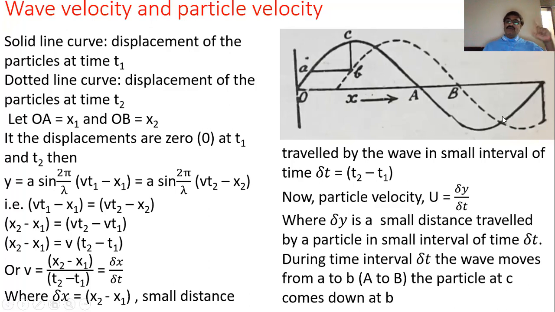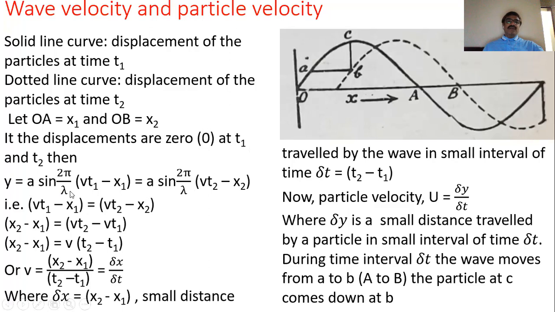So which equation do we have to use for the progressive wave? For the displacement of a progressive wave, we use the equation y equals a sine 2 pi by lambda into (Vt minus x), since the waves are traveling in the positive x direction. If the waves travel in the negative direction, then we use the equation y equals a sine 2 pi by lambda into (Vt plus x). Here, since the waves are traveling in the positive x direction, we use the equation y equals a sine 2 pi by lambda (Vt minus x)